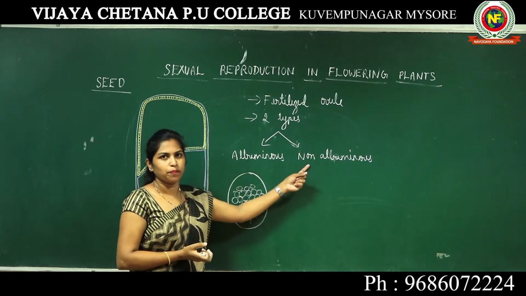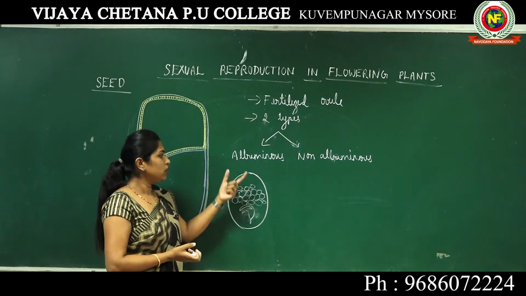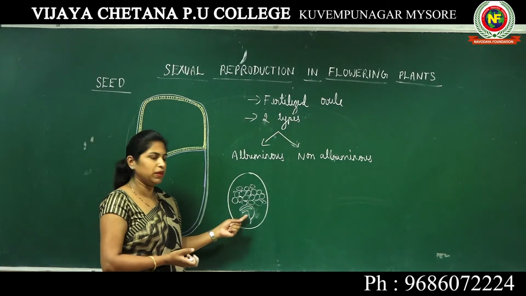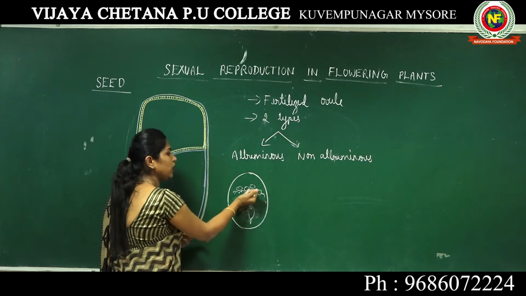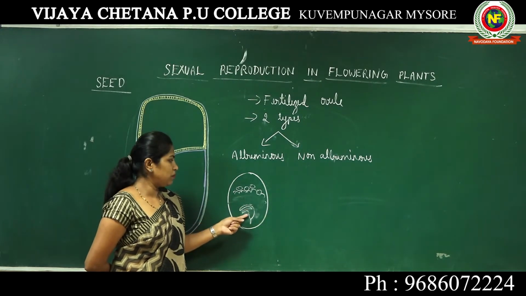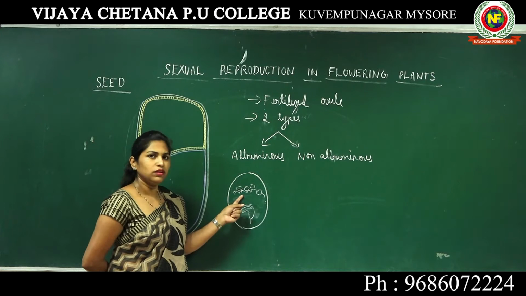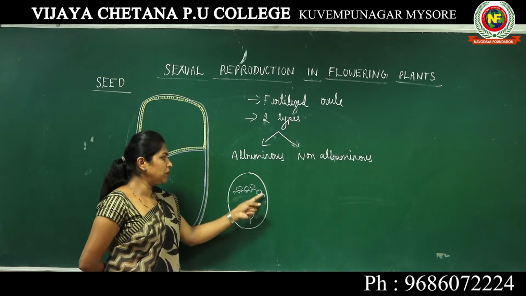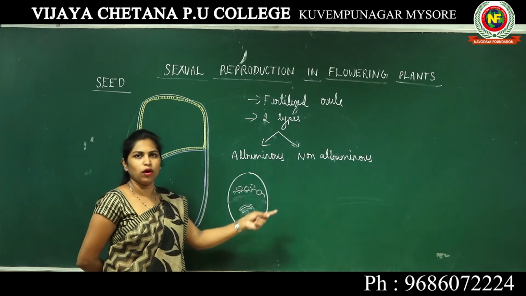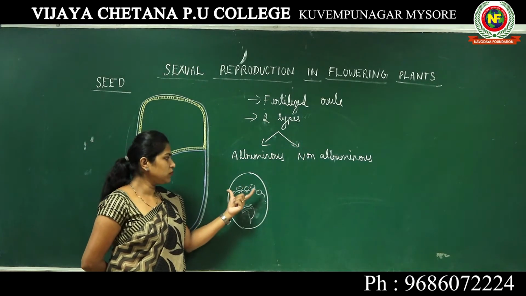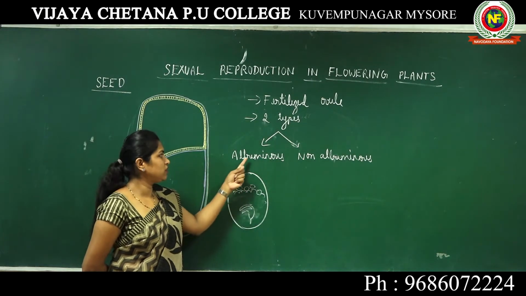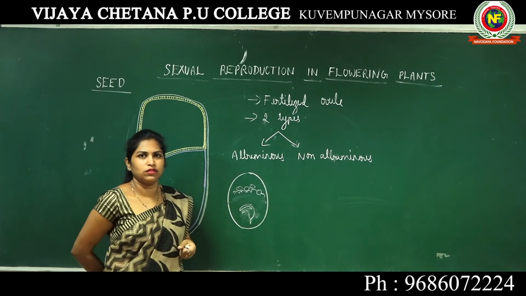remaining inside the seed. However, in a few seeds it will consume only partial endosperm, okay, for its development. This is the reason some part of endosperm will be remaining inside the embryo sac. So when the seed is formed, that endosperm tissue will be present inside the seed. Such seeds are known as albuminous seeds. Okay?